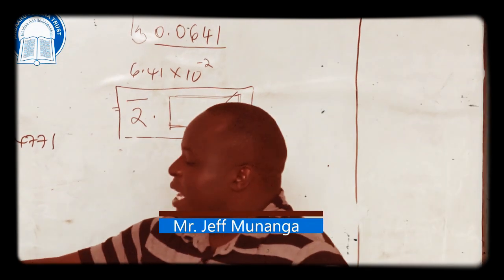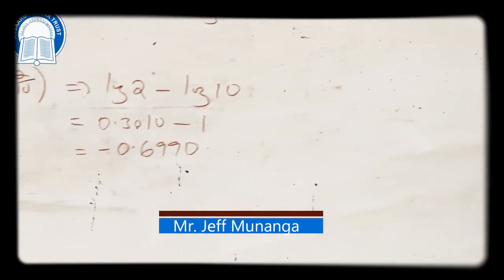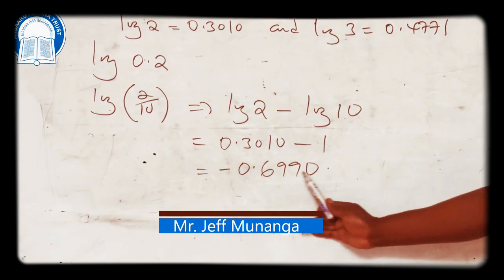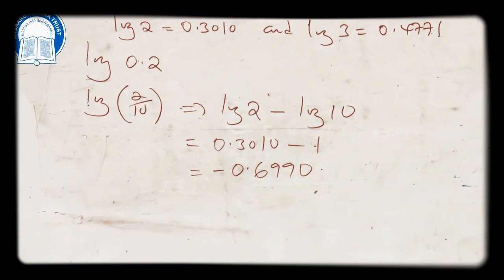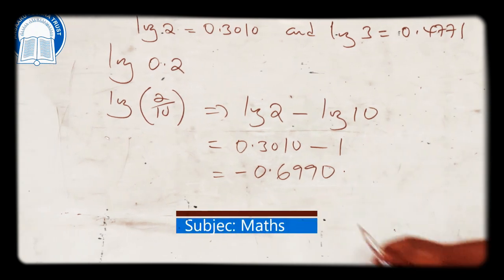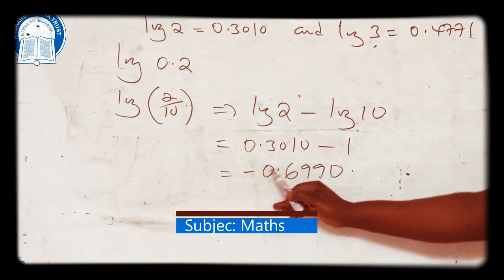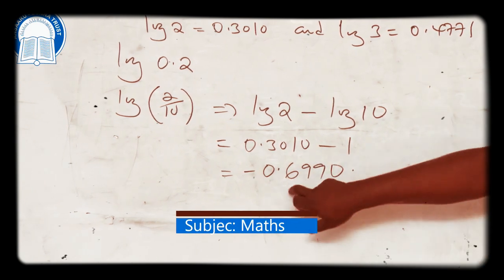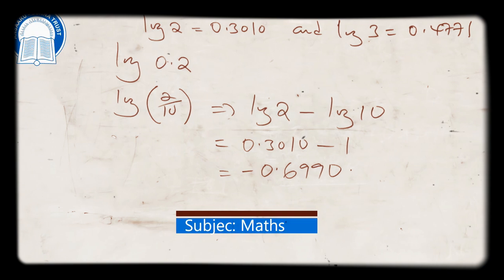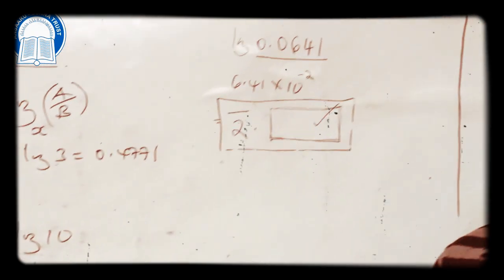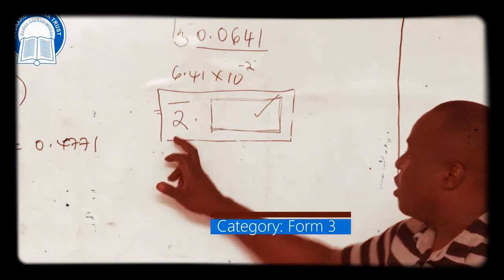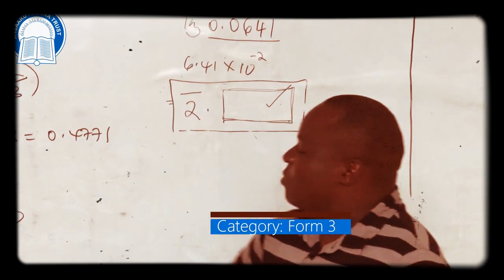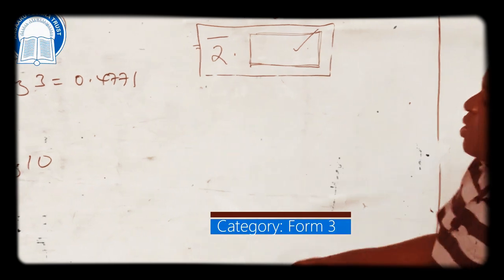Looking at the way I've written this answer here, you know it was logs, then it's minus, then a value that way. So it means that according to my answer, their characteristic is negative and the mantissa is also negative. So this statement is wrong, because according to logs, only the characteristic can be either positive or negative, but the mantissa can never be. So in such a case, what are you supposed to do? Because